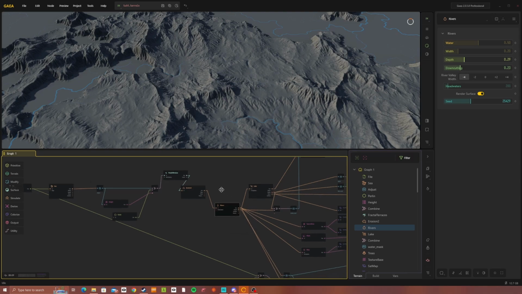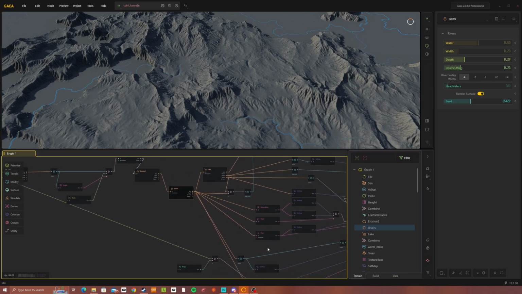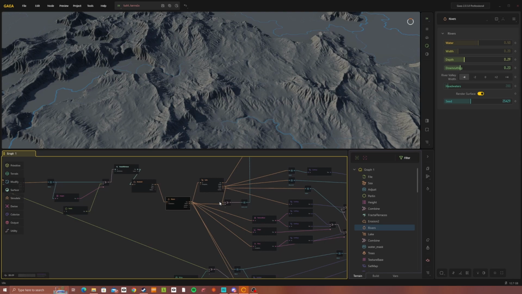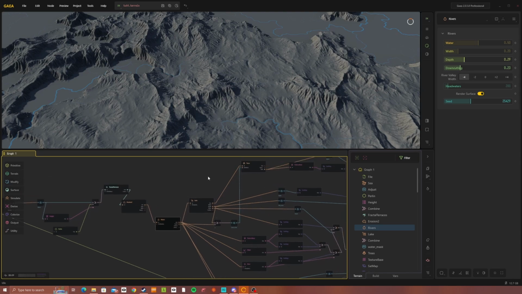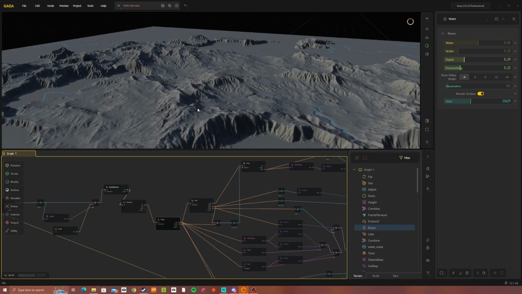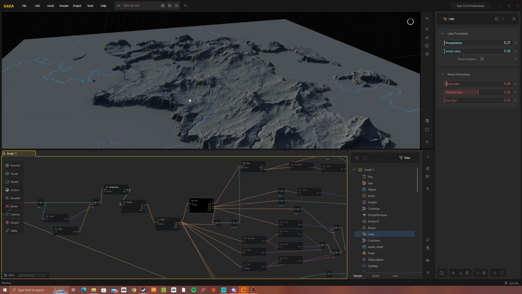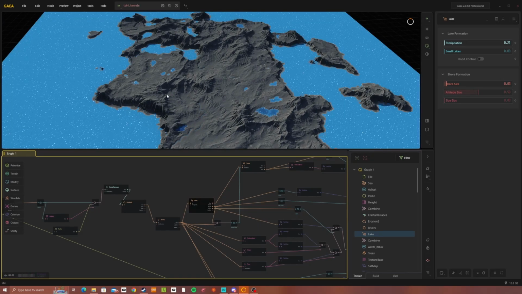Okay. You can see here we've got lots of things coming out of the river node. Don't worry about that for now. I'm going to just go through the things that are affecting the 3D of the terrain for now. So the next step is the lake step. I've used a lake node